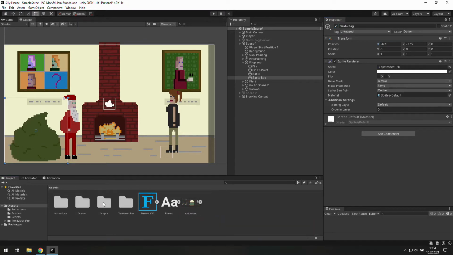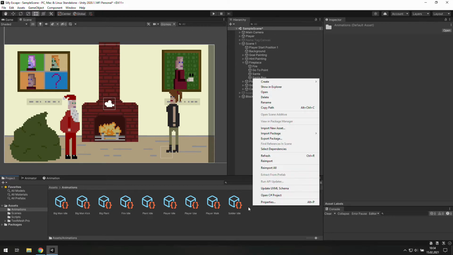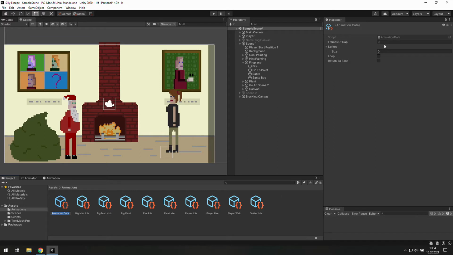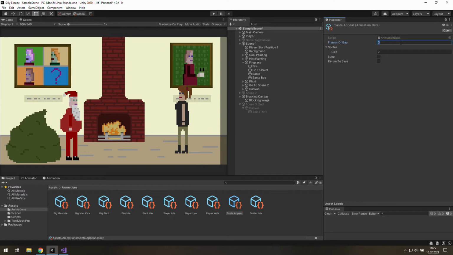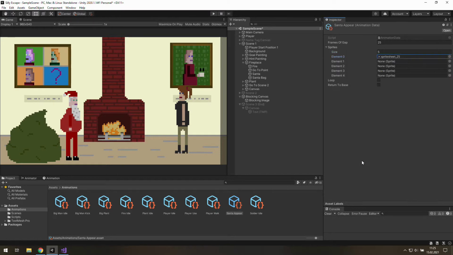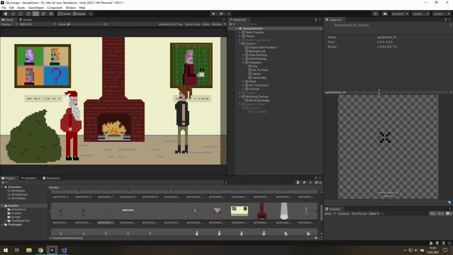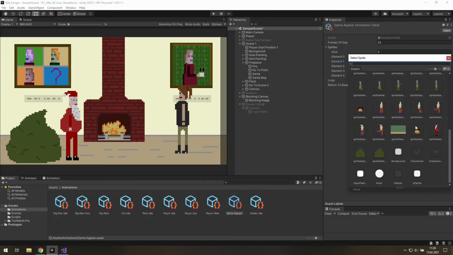Now we need to go to the animations folder and create there a new scriptable object animation data. First we will deal with Saanta appear and let's give him 25 frames of gap and 5 sprites. First one will be this little icon. The next one will be just Saanta standing here,